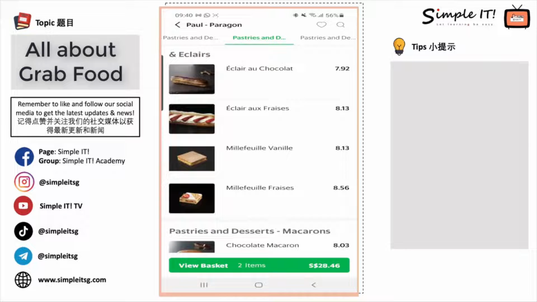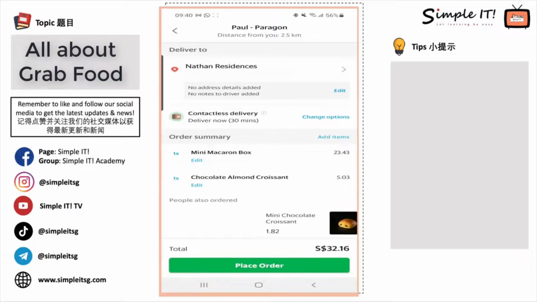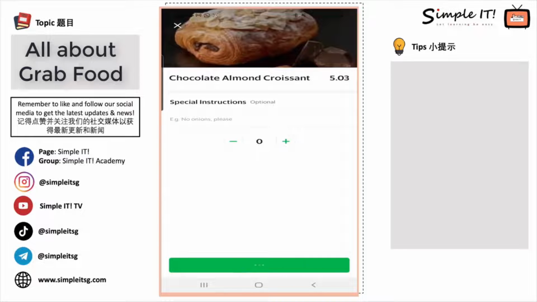This next page is the payment page, where you see the things that you ordered. Based on my screen, you can take a look that I probably changed my mind. I don't want the croissant. I just want to order the mini macaroons. So I have to enter